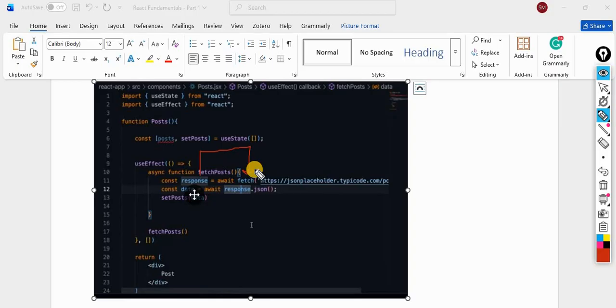Whatever data we are getting is converted into JSON. Once the data is converted into JSON, we provide it to this data variable.